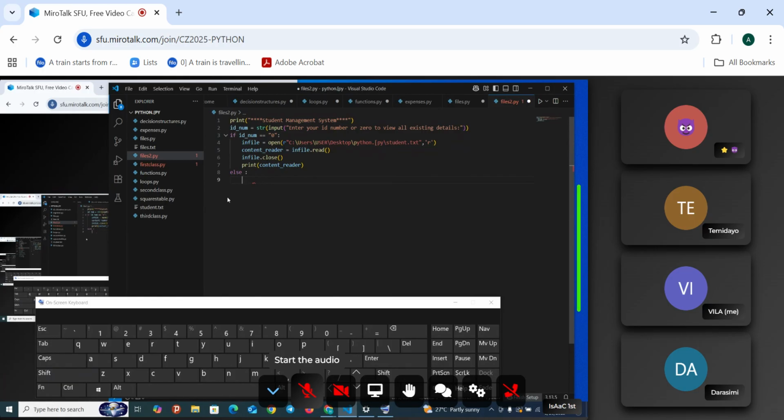Instead of us just printing the questions out one by one for many people, just use our while loop so that it will continue asking us the questions until somebody enters 0. So while ID number is not equal to 0,